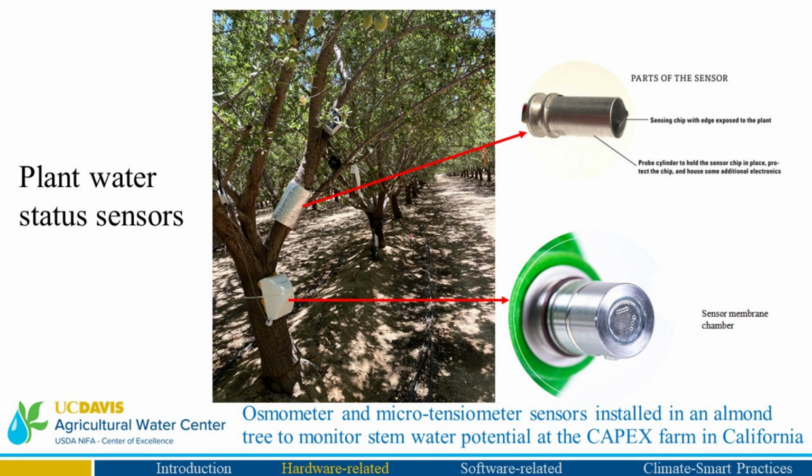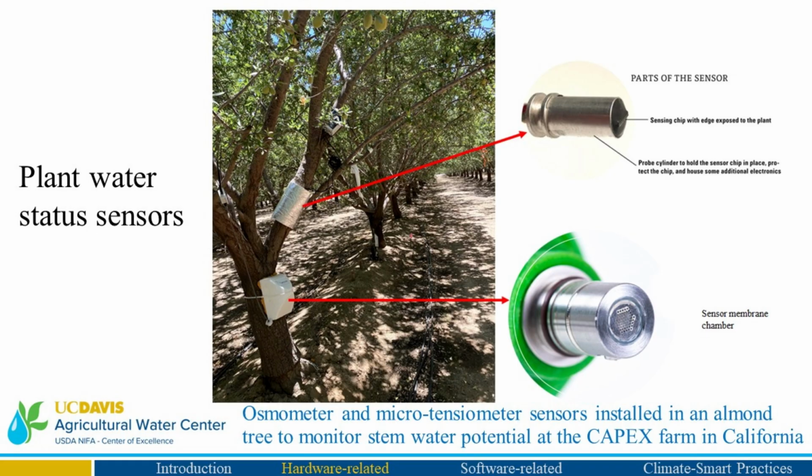You had to go to the field at solar noon, you have to cut a leaf and put it in a pressure chamber. Nobody was willing to do that. But this technique, one of them uses osmotics. It has a chamber that has a salt solution and a semi-permeable membrane, so when you embed it in a plant, water can cross that semi-permeable membrane. If the plant is dry, water crosses the other way into the salt chamber.